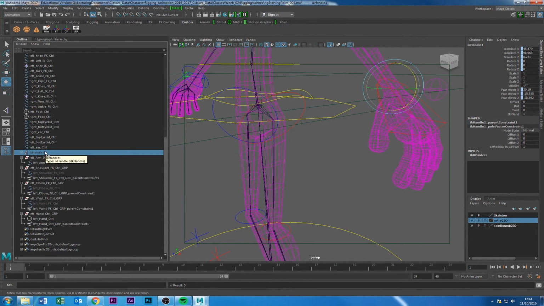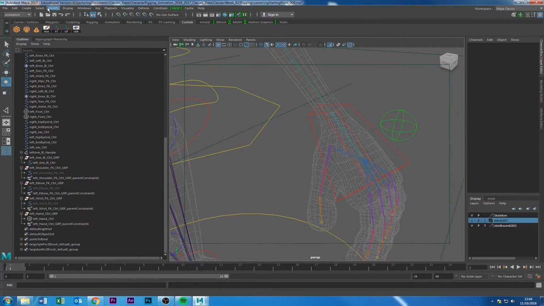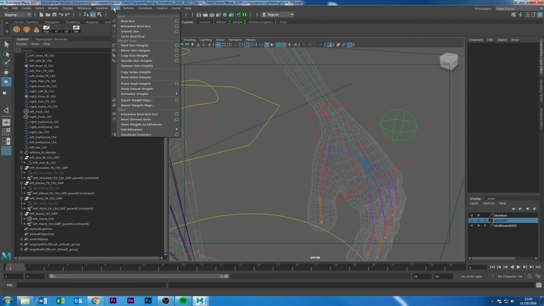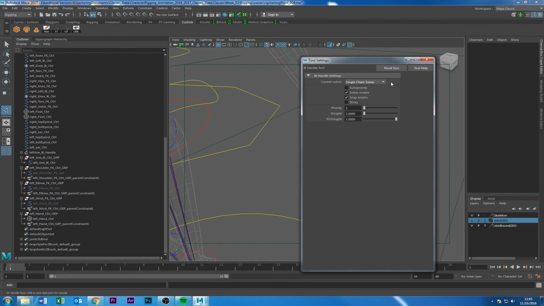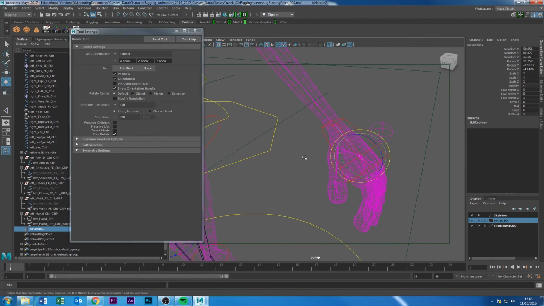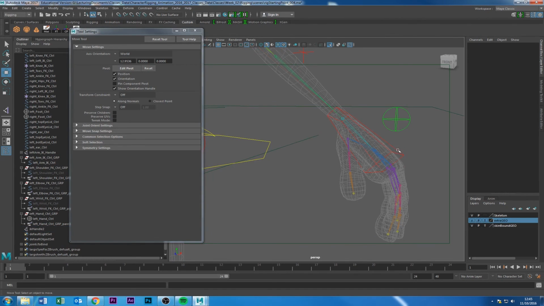I'm gonna take this and press H. I'm just gonna call this left arm underscore IK handle. Okay, and I'm just gonna create another IK handle that goes from here to here. So I'm just gonna go into rigging, go to skeleton, and say create IK handle. And this one I'm gonna use the other one, the single chain one. Okay, and I'm just gonna click here, click there,